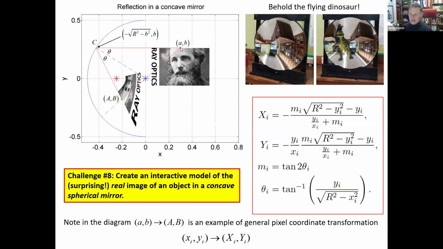If you take the red spot on the top of Maxwell's head here and go horizontally, the normal to that point goes to the little spot here. That's the center of the circle. So I've got a section of a circle here which represents my mirror. And these angles are going to be the same from the law of reflection, which you've already investigated earlier. And so my image is going to be along this line here.